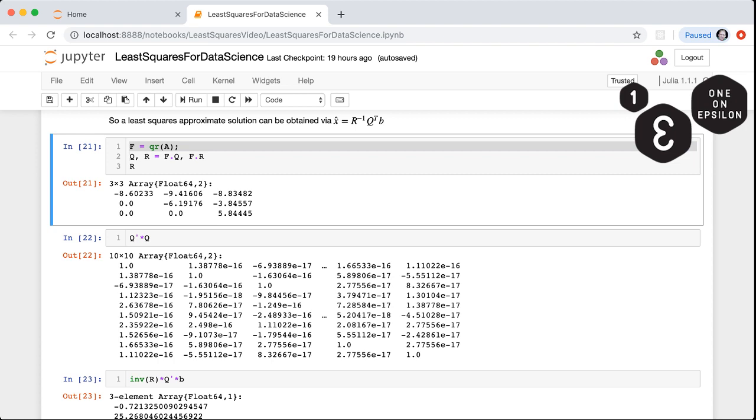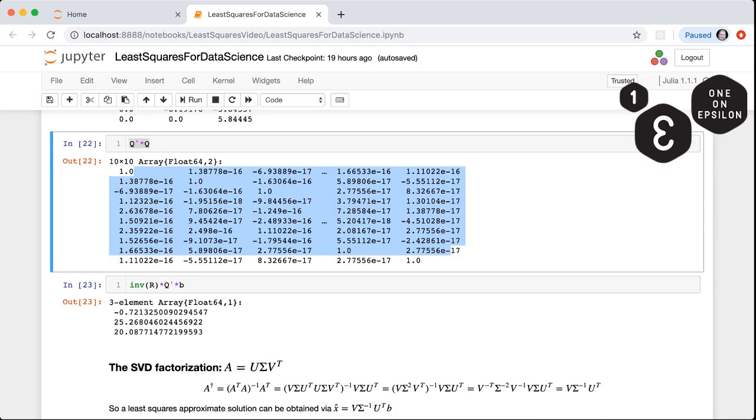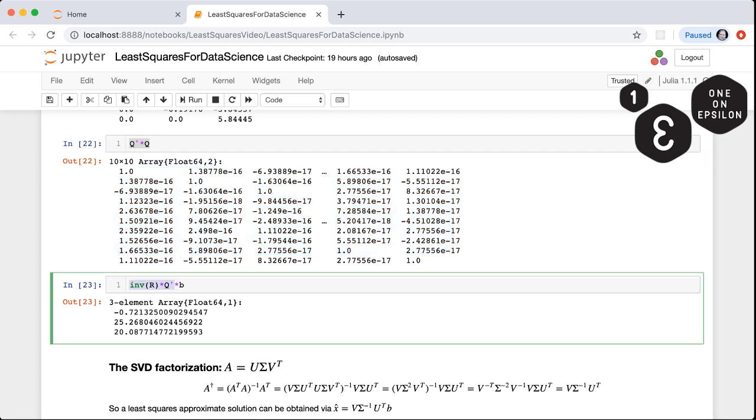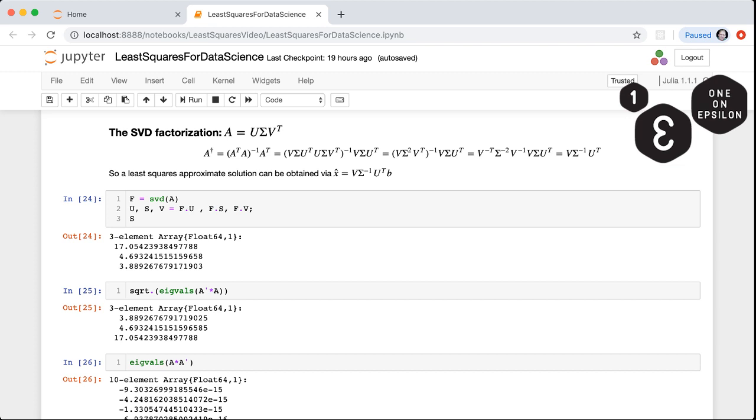This is a matrix Q transpose multiplied by Q, and we're getting the identity matrix, and the inverse of R times Q transpose times B, so that's a Moore-Penrose pseudo-inverse multiplied by B, gives us again the same X hat that we had. An alternative approach is using singular value decomposition, SVD, so A equals U sigma V transposed, and